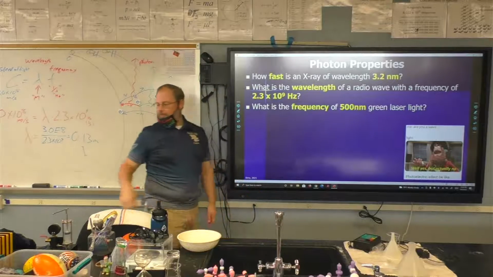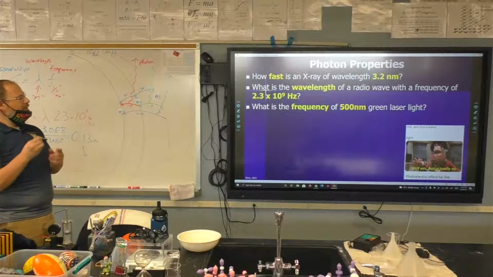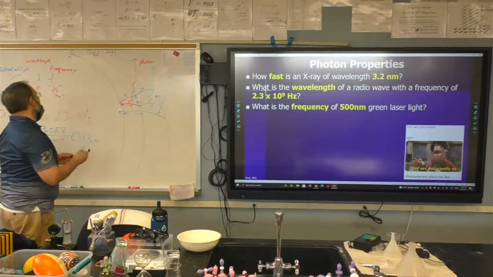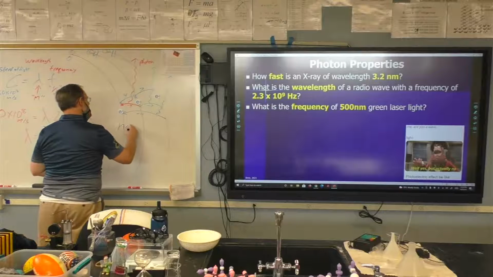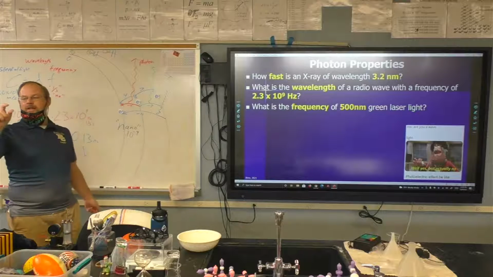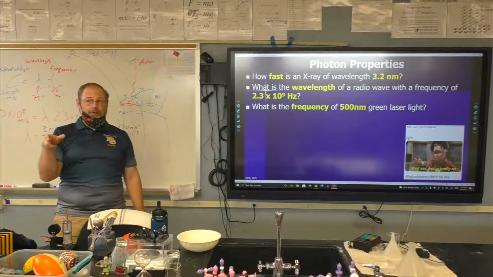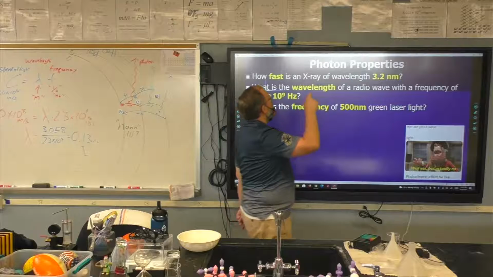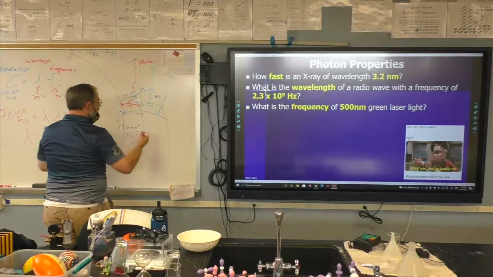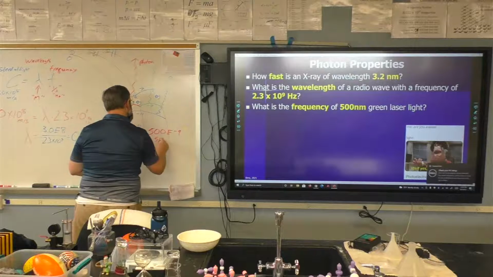Okay, what is the frequency of a 500 nanometer laser light? So this is my 500 nanometer laser light. Nano means 10 to the negative 9. You're familiar with milli? The thousandth is milli. A millionth is micro, and a billionth is nano. There's the metric conversion right up there. So to put in 500 nanometers, you need to put in 500 exponent negative 9, or 500 times 10 to